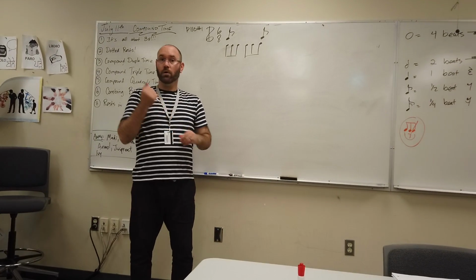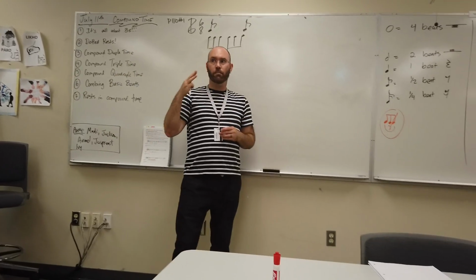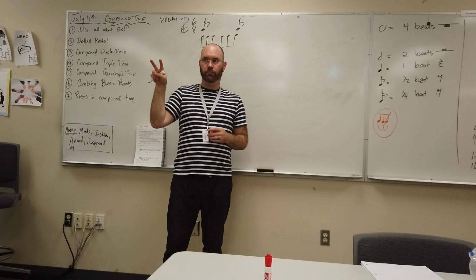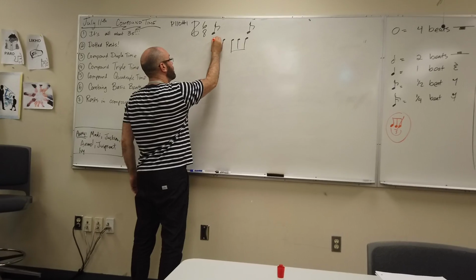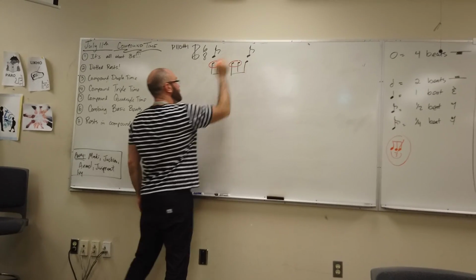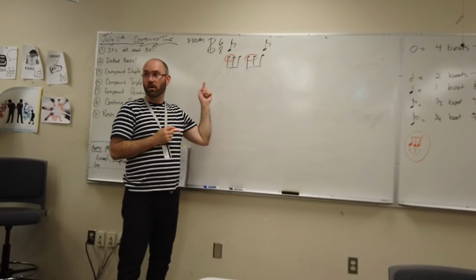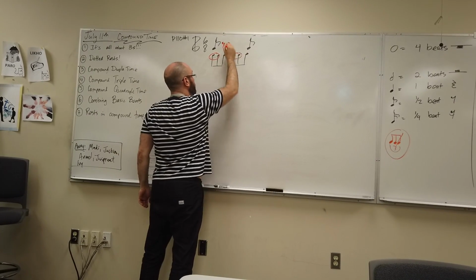We follow the rule for groups of 3s. So what can we combine in a group of 3? The first 2 or the last 2? The first 2. So we can combine these 2. These are the 2 that we can combine. Now, this is already here. So for this, you literally just have to put,